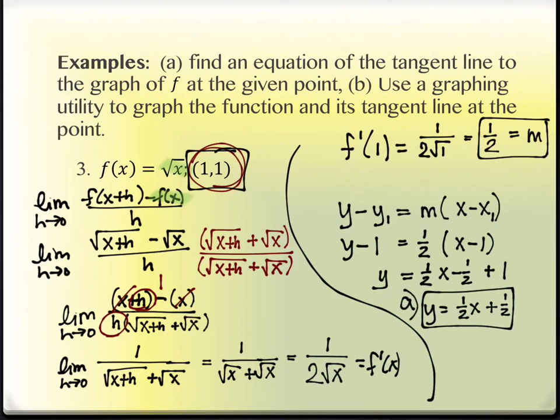Part B is you confirming with your calculator. So grab your calculator out if you have a graphing calculator. If you do not, I strongly encourage you to get access to one as soon as you can, because there's going to be places all the way along the semester where we're going to be doing things like this. You're going to put in the original equation that was given to us, which is this one, square root of x. And you're going to put in the equation that you just found, which is 1/2 x plus 1/2. You can put them in as fractions or decimals, it doesn't matter. If you want to do 0.5x plus